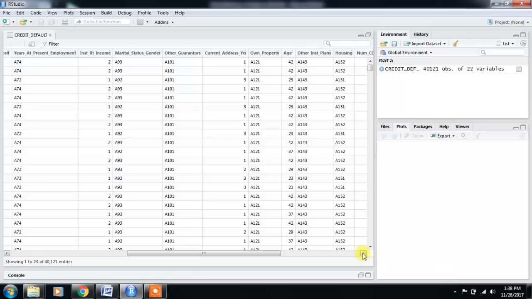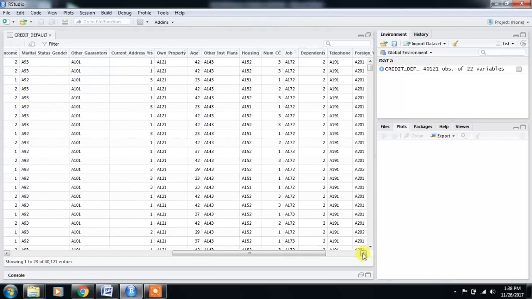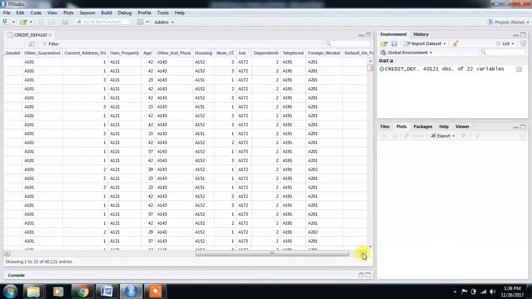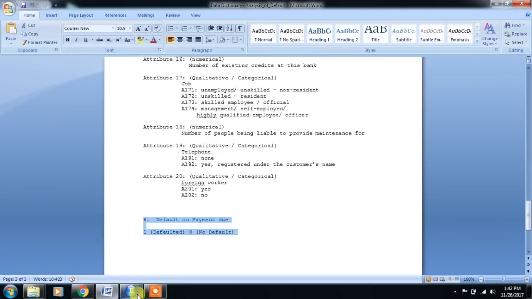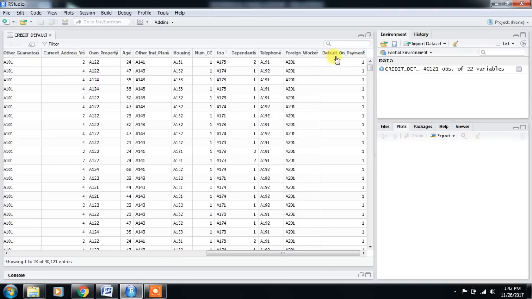So this is the age. And whoever defaulted we have marked as 1, whoever did not default we have marked as 0.